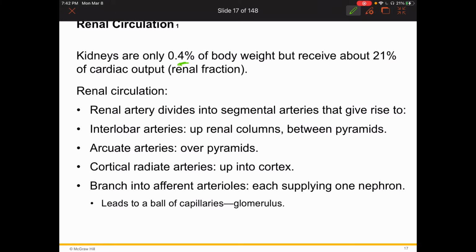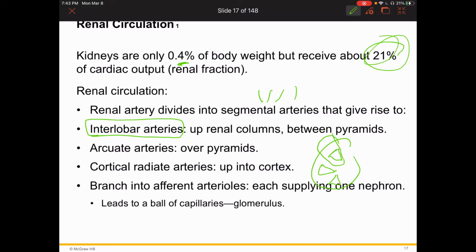Kidneys are really small, 0.4% of your body weight, but they receive a lot of your blood. The renal artery divides into little segmental arteries that travel up through the columns and into the divide between the medulla and the cortex. Those vessels are called the interlobular arteries, because remember, a lobe is a pyramid in the kidney and the area around it. So interlobular arteries are coming up in between each one of the lobes,